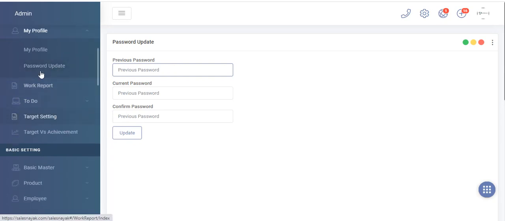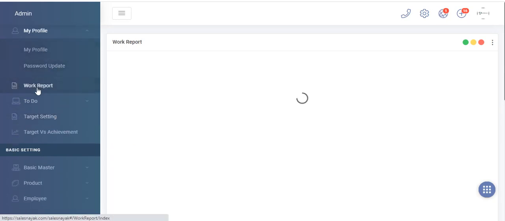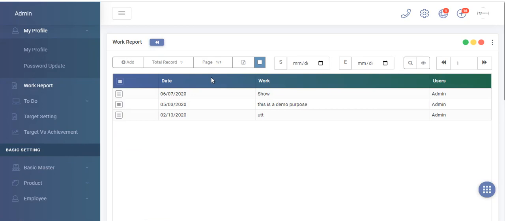Right guys, now next comes work report. Here is the work report section in which you and your employees can add your daily work report. Whatever work you do on a daily basis, or your employee does, they will give the report here. With the help of this section which we provide in our CRM to you,